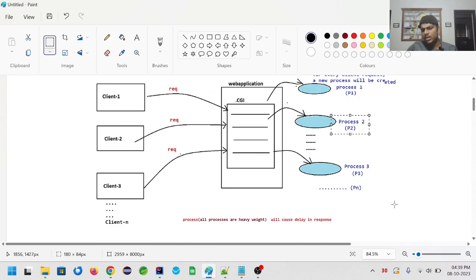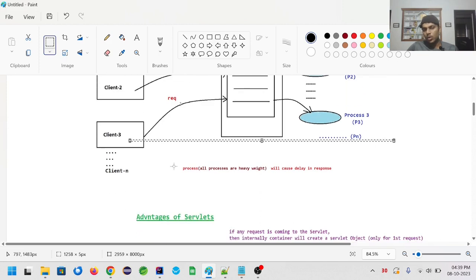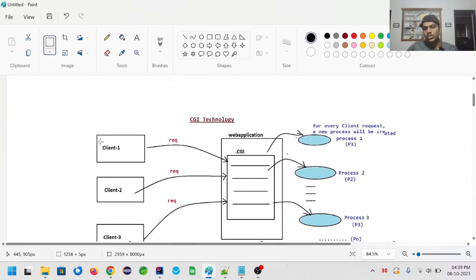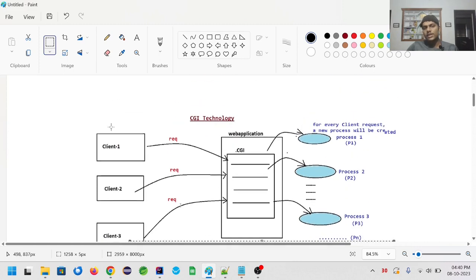In the same way it will create n number of processes. So the application will be responding very slowly, and the response will be delayed. Because of those types of issues,